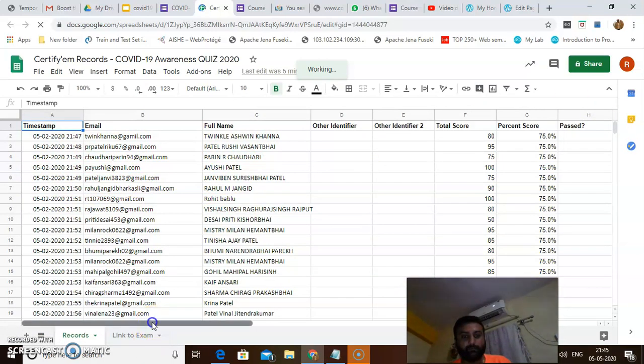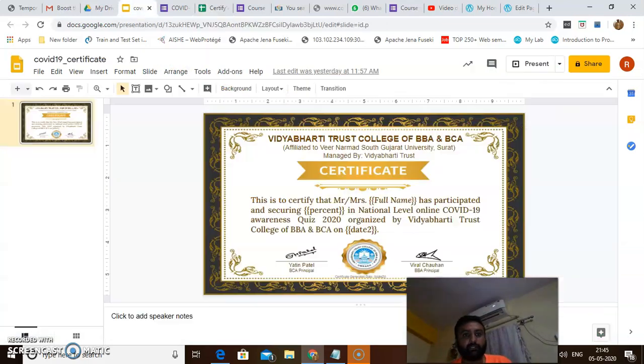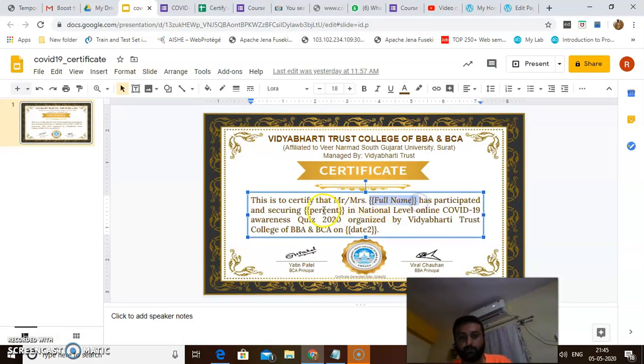In this you can set certificate ID, certificate code, percentage, total mark, which I set over here. This is the standard code. If you want to add percentage, you must write double curly brackets and percentage. If you want to give the full name of the student, you can write full name and date format.